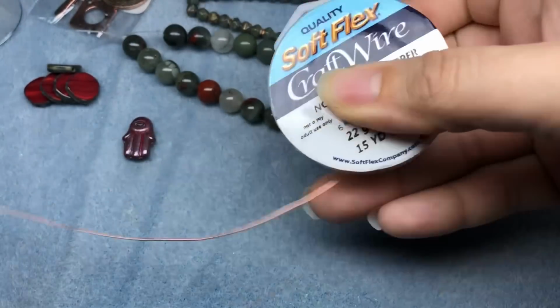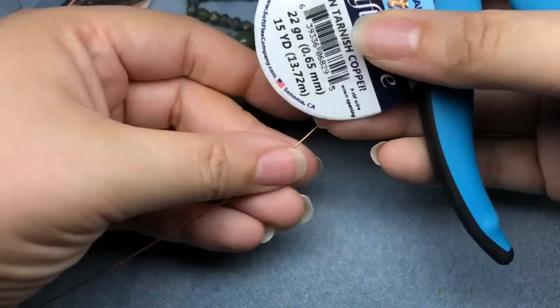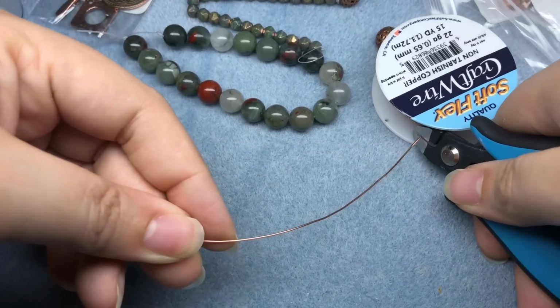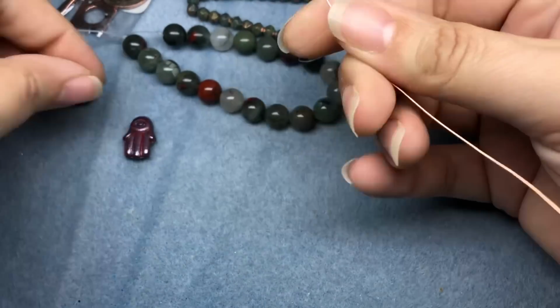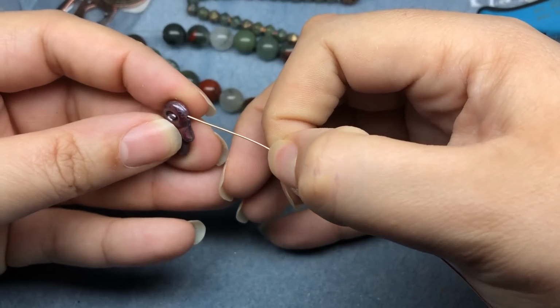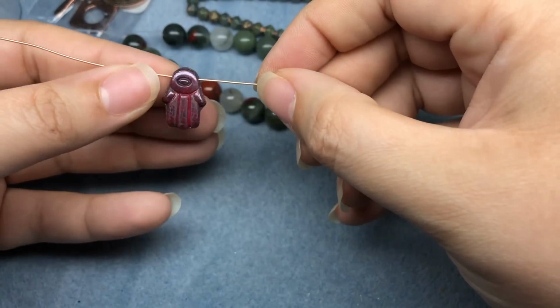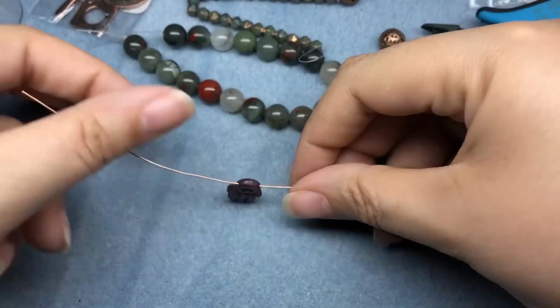So I'm just going to cut off a piece of this and make my charm really quickly, and then we'll move on to the rest of the bracelet. I don't know how much I'm cutting. It's probably like 9 inches maybe. And I'm going to stick that through the hole in the bead. And yeah, I think 20 gauge would just be a little rough with this Hamsa. So I am going to